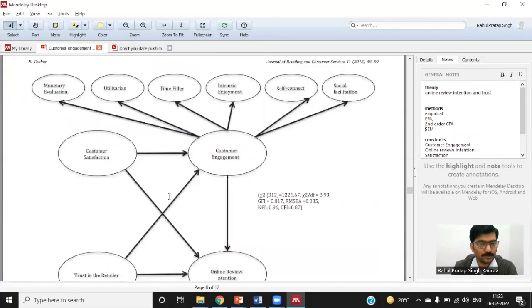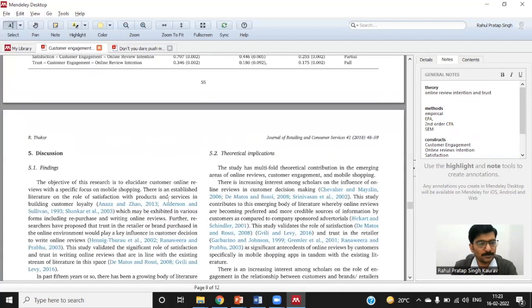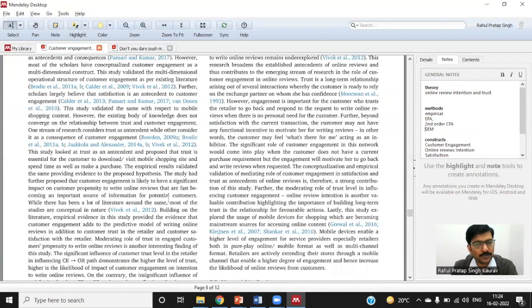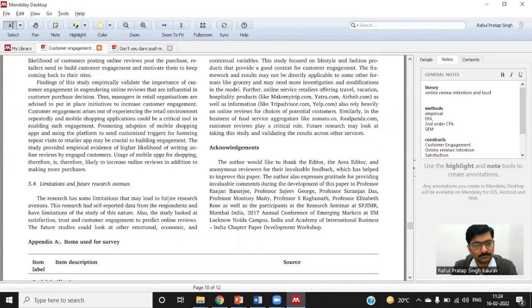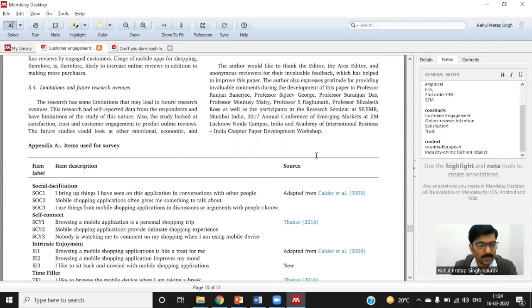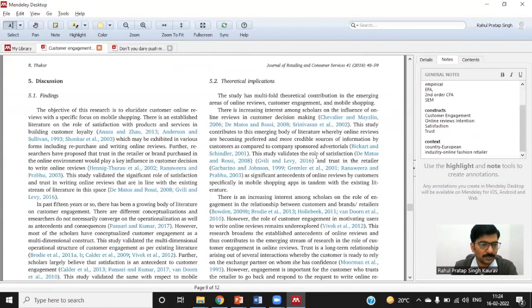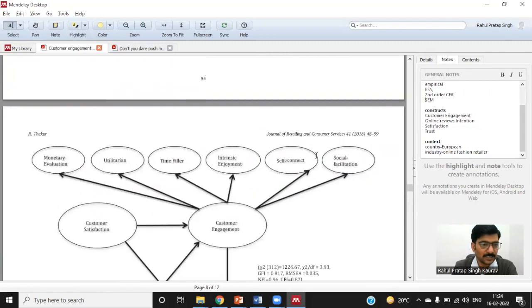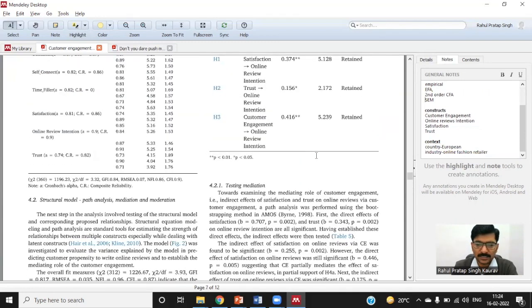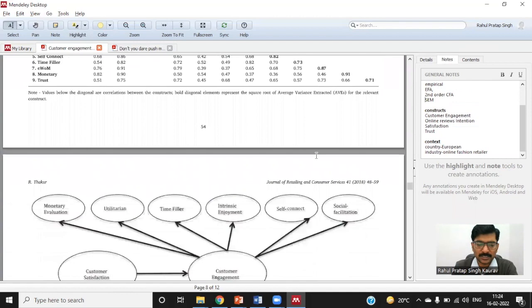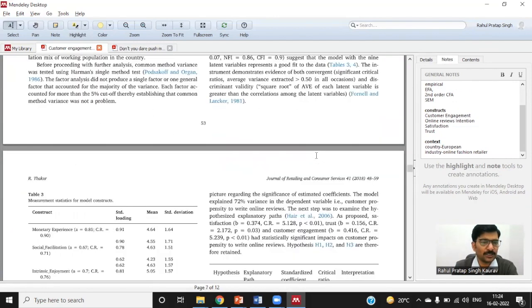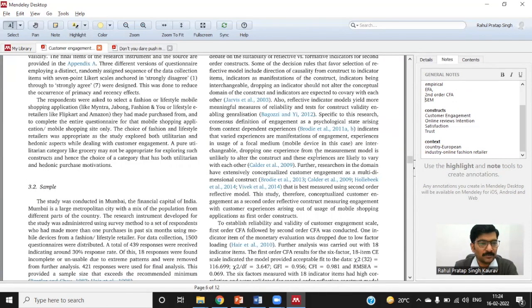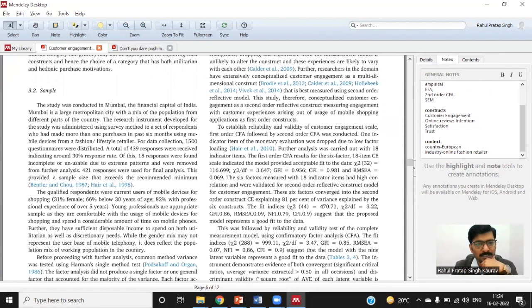Now, customer engagement does have different other variables also. Need not worry. We have theory, method, construct, and context. Yes, need to check about construct. And where is the context? In most cases, context is available in the methodology section or in the introduction section, when they have written that the study was conducted in Mumbai,